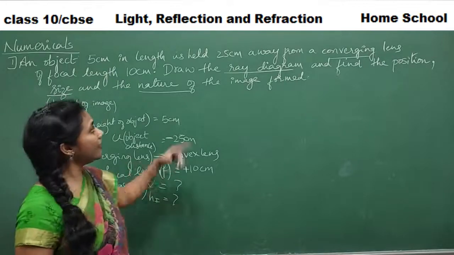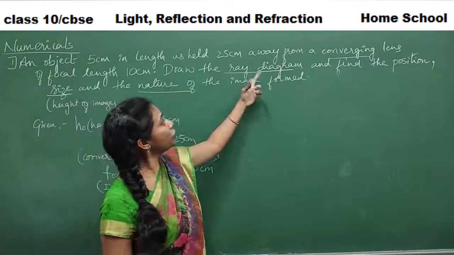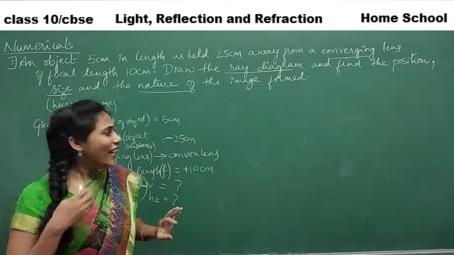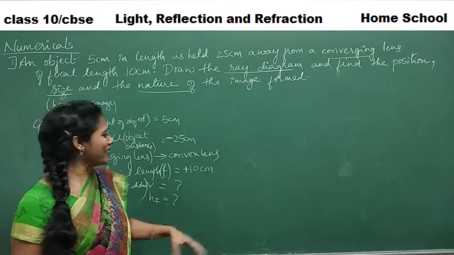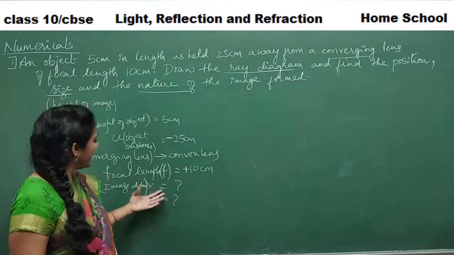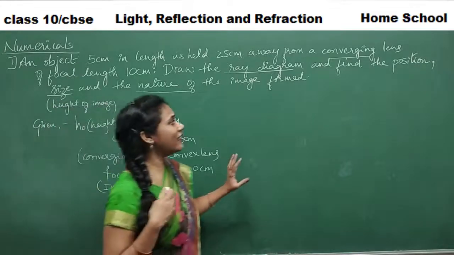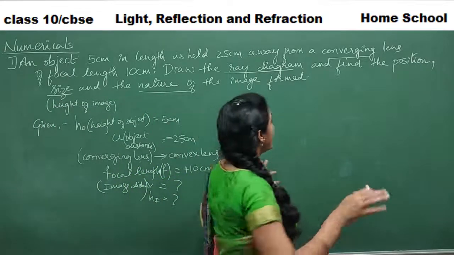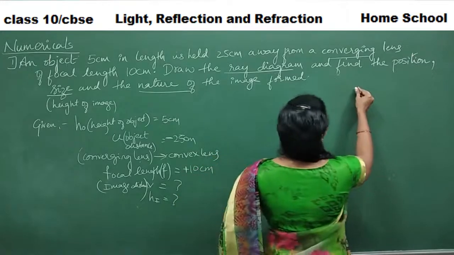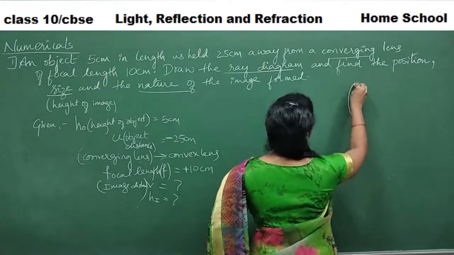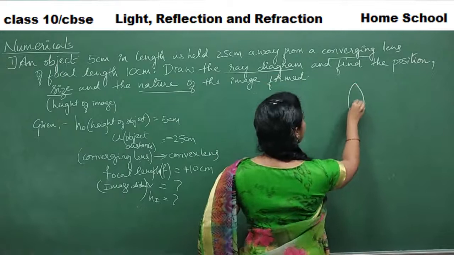And next, they are also asking you to draw the ray diagram. Okay, and to draw the ray diagram, we need not calculate V and HI and then show the ray diagram. Logically we can finish off drawing a ray diagram also. I will show it how, right? If you know the concept, that is more than enough.